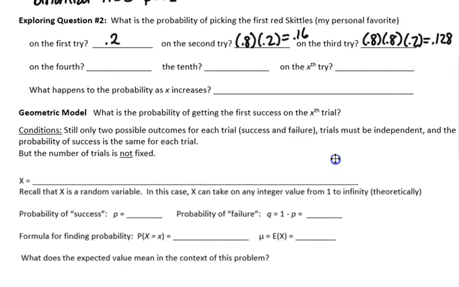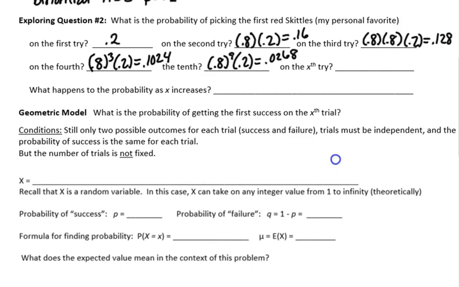What's the probability of getting my first Skittle on the fourth try? Okay, so I have 0.8 to the third times 0.2, which turns out to be 0.1024. On the 10th try, well, that would be 9 failures, so 0.8 to the 9th times 1 success, and that would give me